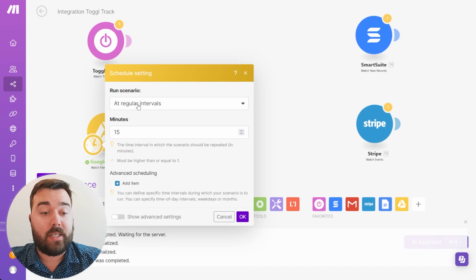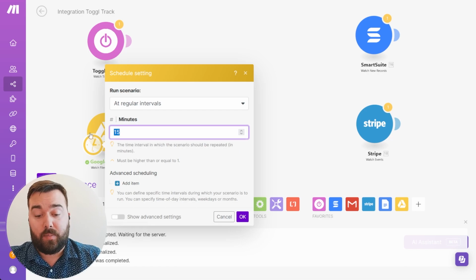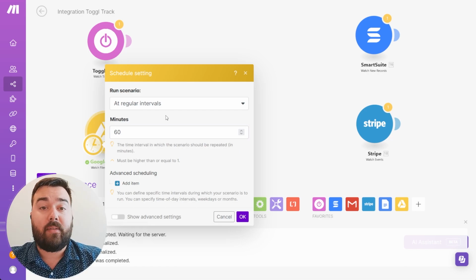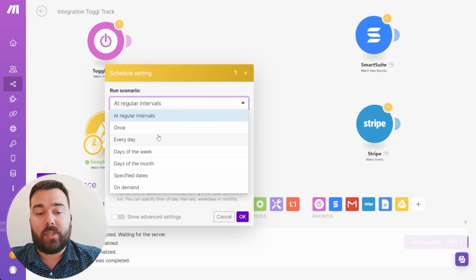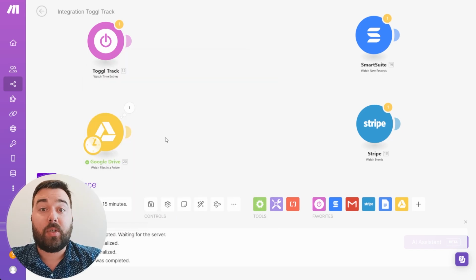So if I open this up, you'll see that it's set to run at a regular interval of 15 minutes. We could modify this to be every 60 minutes. You could have it run every 120 minutes. You can also schedule this to run specific days of the week, specific dates of the year, days of the week, months. And what's going to happen is when that trigger hits the specific interval that it's supposed to, Make is going to go over into,